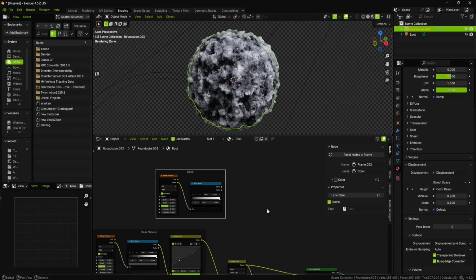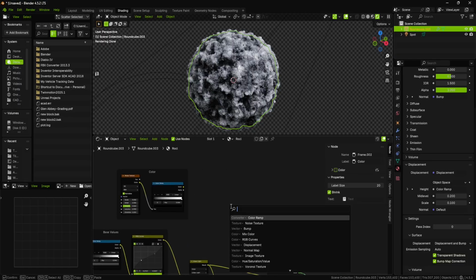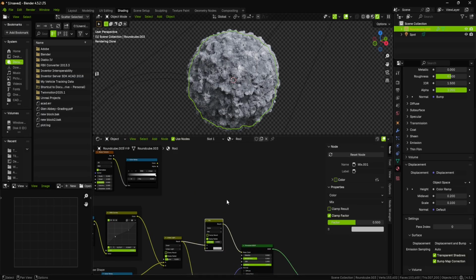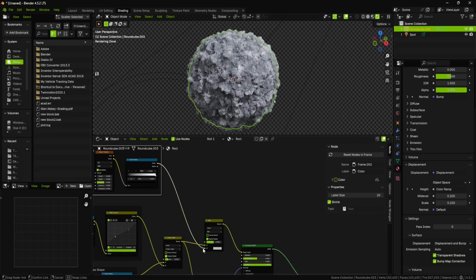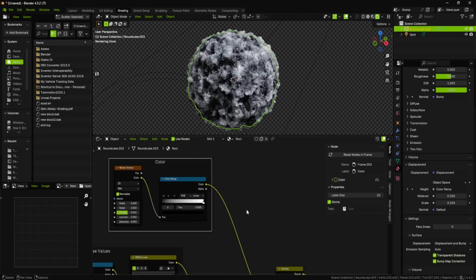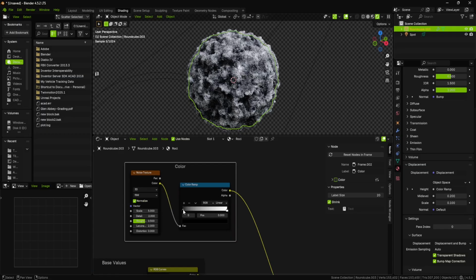color. Then I'll add another mix color node, and I'll drop it here in front of the linear light, and I'll plug the color into input B. And I'll change the mix type to overlay. And for the color, I want some dark, earthy tones, so I'll set the black RGB values to 0.009, 0.010, and 0.011. Then I'll click the plus button to add another slider in the middle, and I'll set the RGB